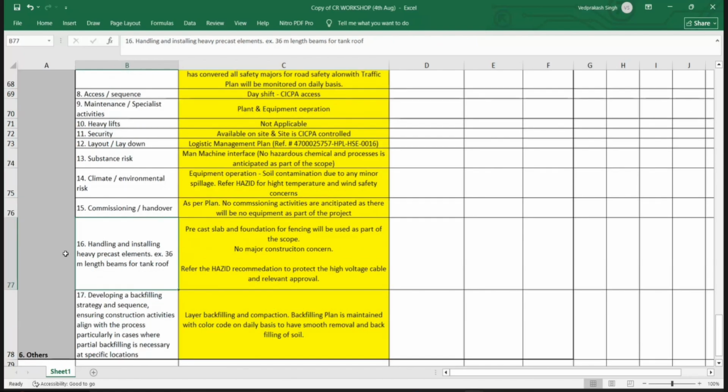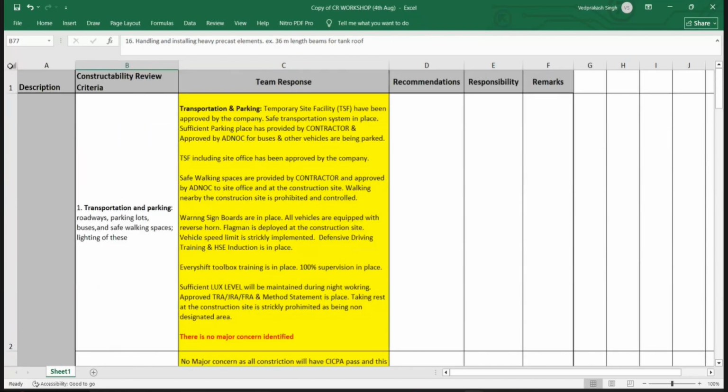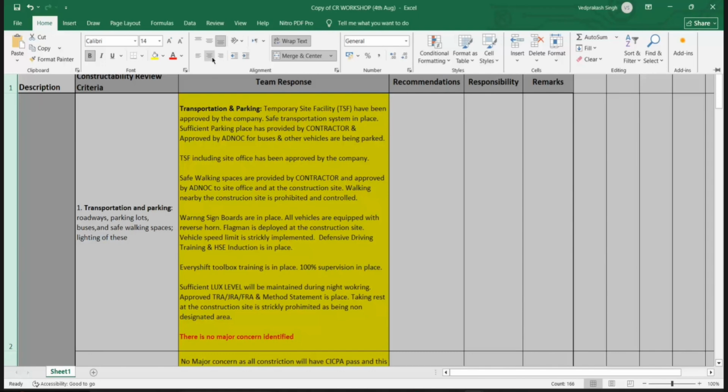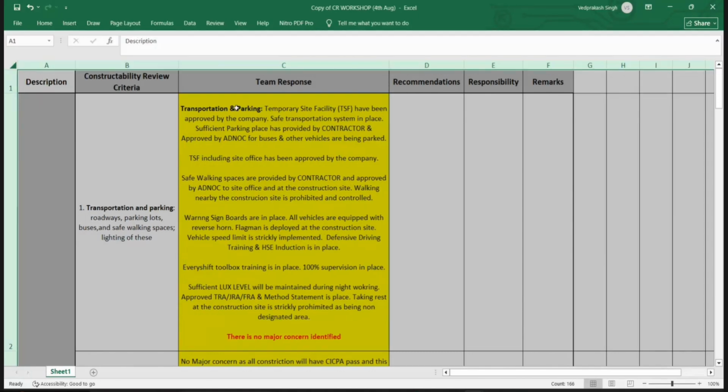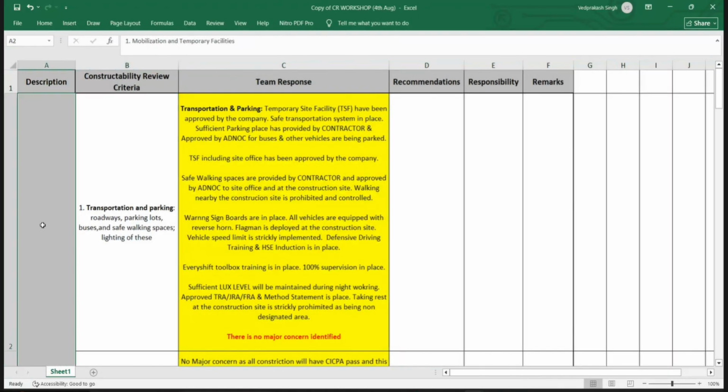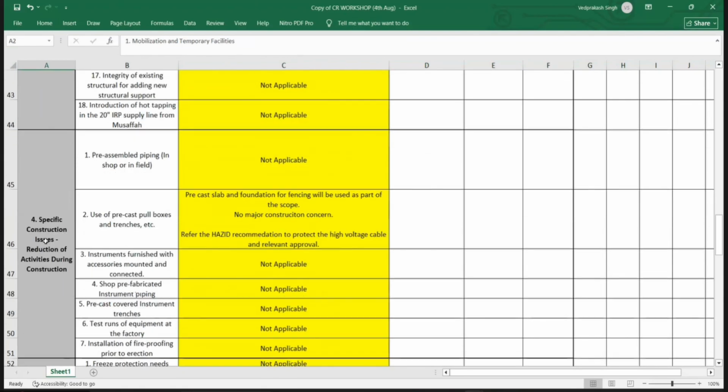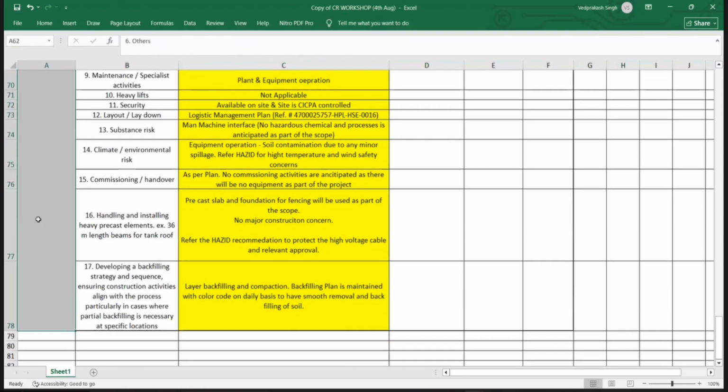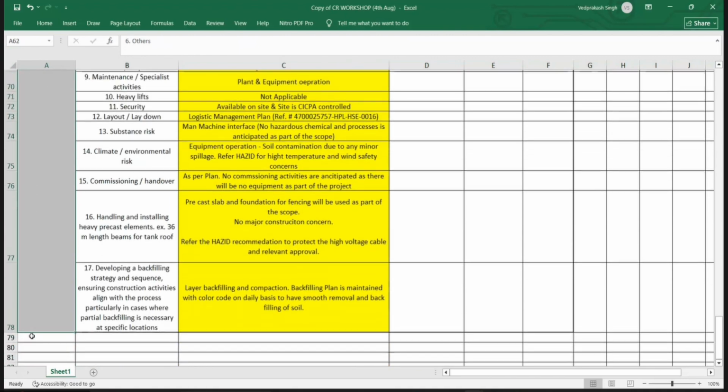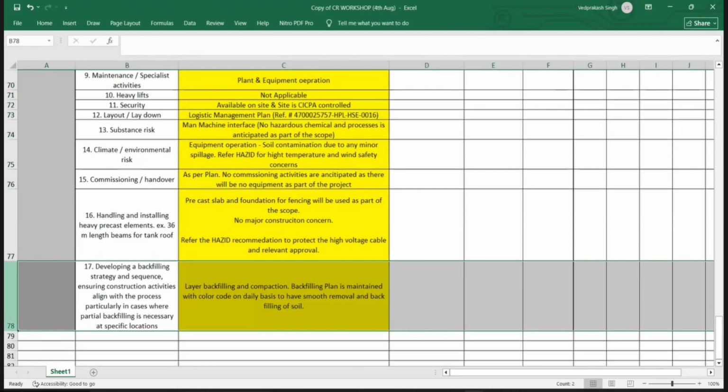So I just want to refresh. We have seen all the guide words for the construction, and we have gone category wise. We have seen all 6 categories with a total of 77, 78 questions. With this, if you feel that something is missing, something is critical with respect to the constructability, let me know so that we can address this point before we end the constructability review workshop. So